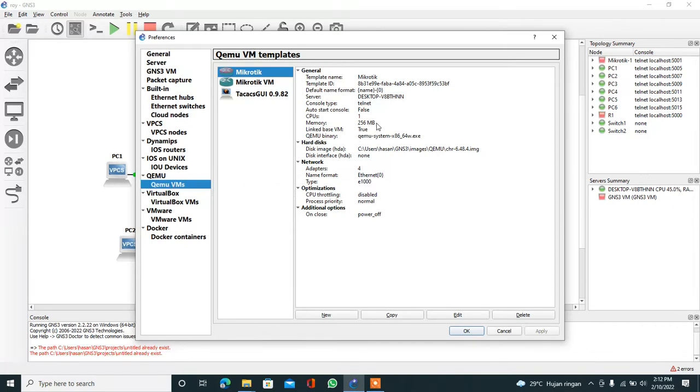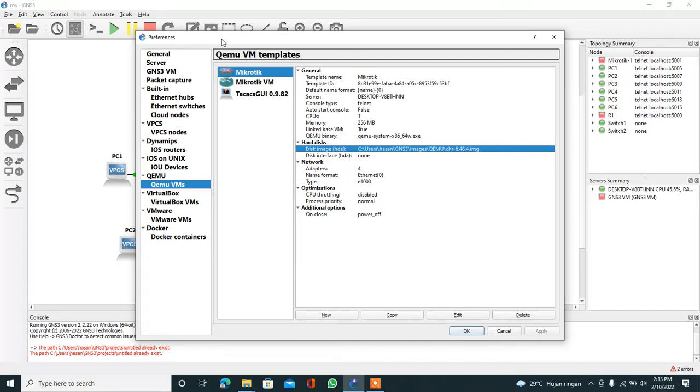Here I'm using the CHR router, version 6.48.4 image. If you don't have the MikroTik router image, install it first. You can click New here and install the MikroTik router.